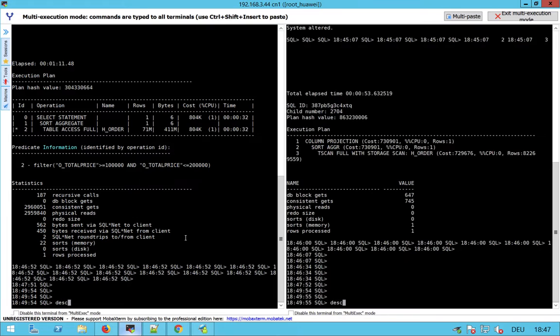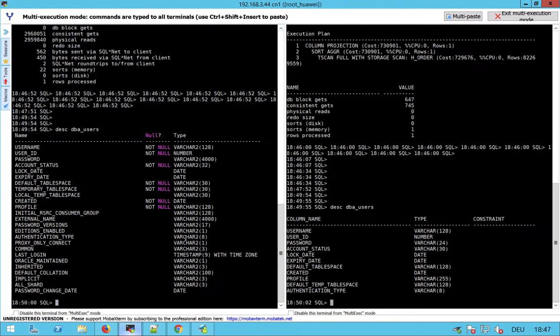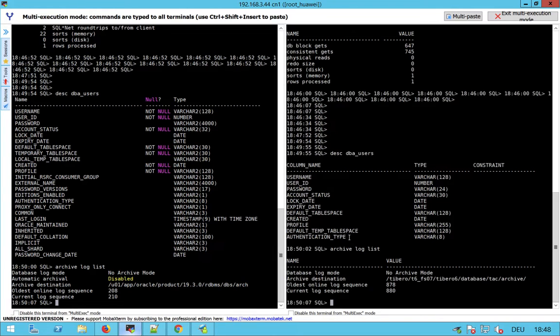And we have desc, the DBA users. We have fewer columns on the Tibero side, but archive log list. We can put these databases in archive log, but it was not the right thing for the test. Show parameter